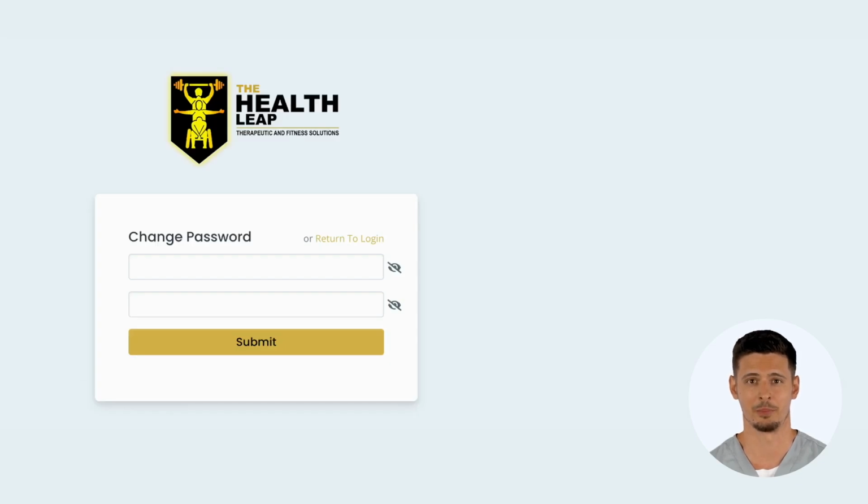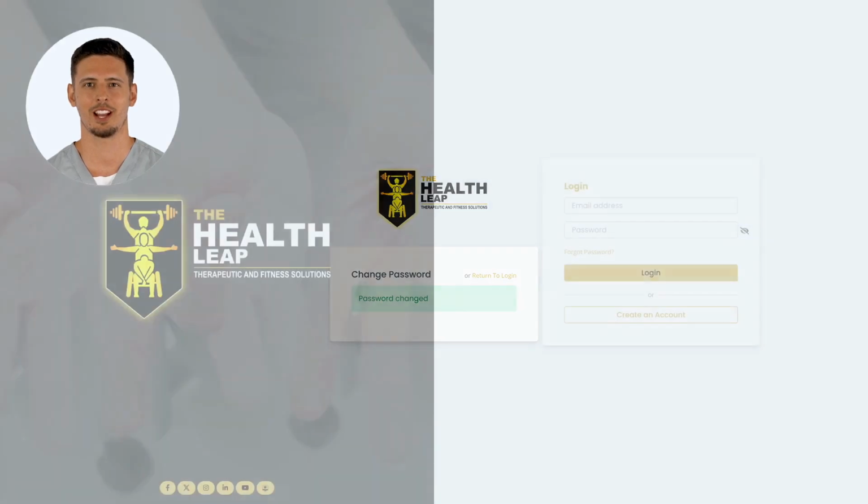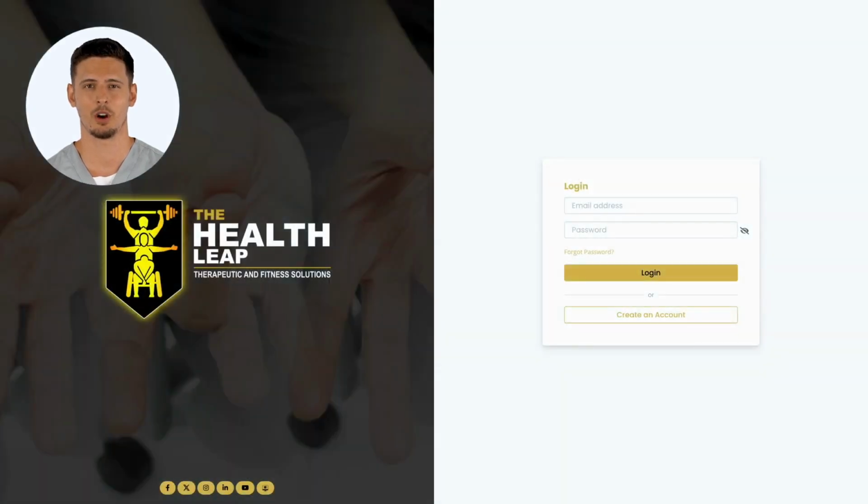6. Enter a new password. Make sure it's strong and secure. Ideally, it should be a mix of letters, numbers, and special characters. 7. Confirm your new password. Re-enter your new password to confirm it, then submit. 8. Once your password has been successfully reset, go back to the login page and log in with your new